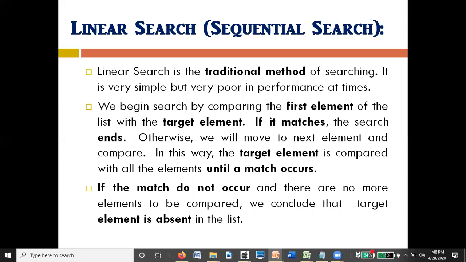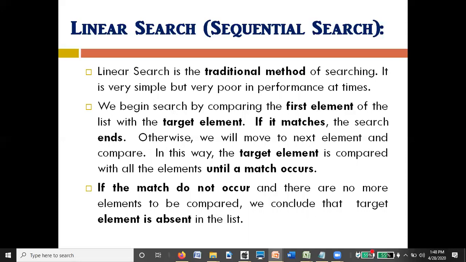Linear search. What is meant by linear search? Linear search is also called sequential search. It is one of the traditional methods. It's a very simple method, but its performance is very poor at different times. In linear search, we need to compare the first element with the target element, also called the key element.